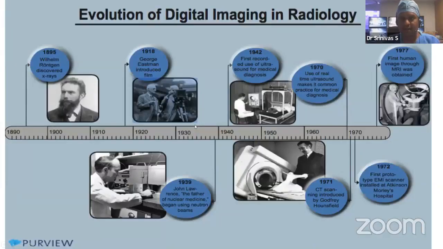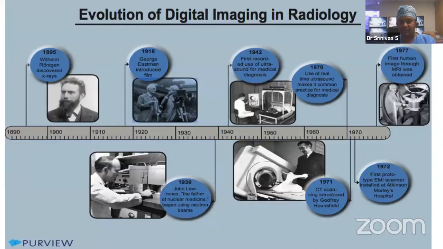Okay. In 1895, X-ray was introduced by William Röntgen. Later in 1939, neutron beam was introduced by John Lawrence, and he was regarded as the father of nuclear medicine. Later in 1942, ultrasound was used for medical purposes. Later in 1971, CT scan was introduced by Godfrey Hounsfield, and in 1977, MRI was discovered. So it took around 80 years from 1895 for the discovery of the CT scan and the use of the